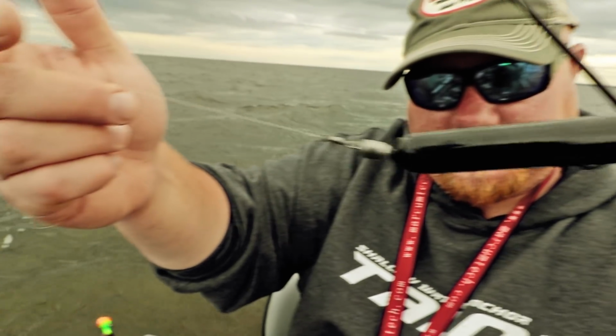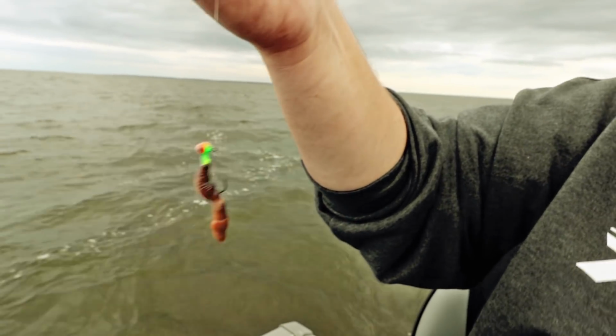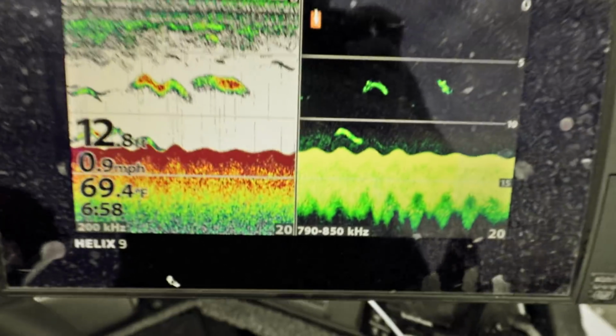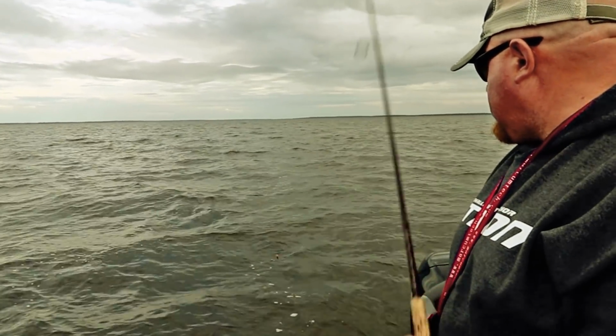So power-bobbering, speed corking, whatever you want to call it, it's a technique that's used usually when the fish are deeper. You need to be able to mark them on your electronics, which means a little bit deeper, 15, 18, all the way out to 30 plus feet. So the basic concept is you have your bobber rod ready. You drive over the fish, you graph them, you throw your bobber right back here, right behind your transducer, and